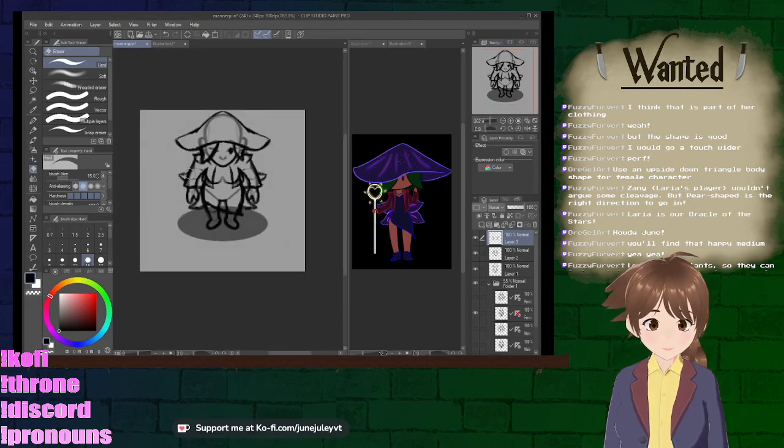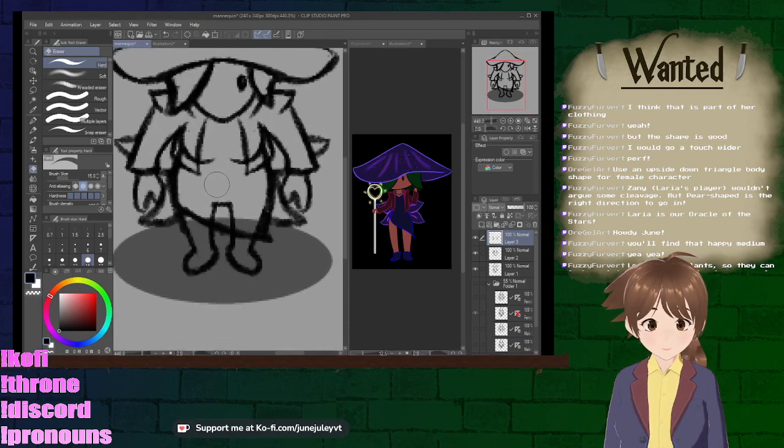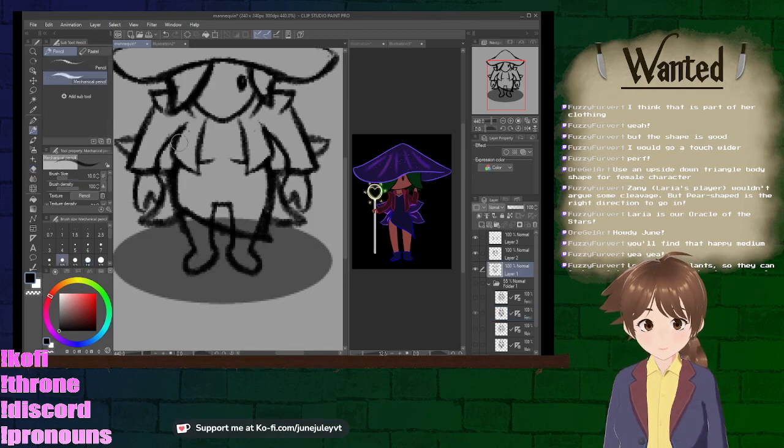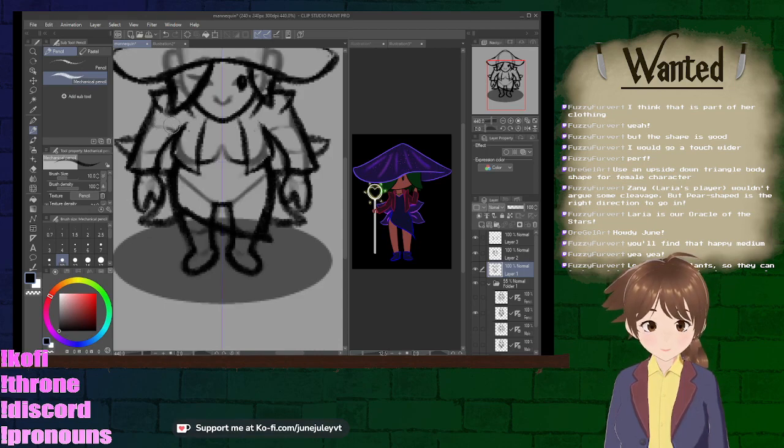All right. Get to the body layer. Shoot. She does have that. I don't think I can do the necklace thing here, but